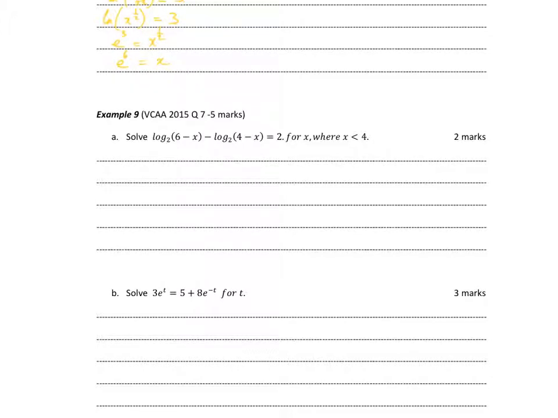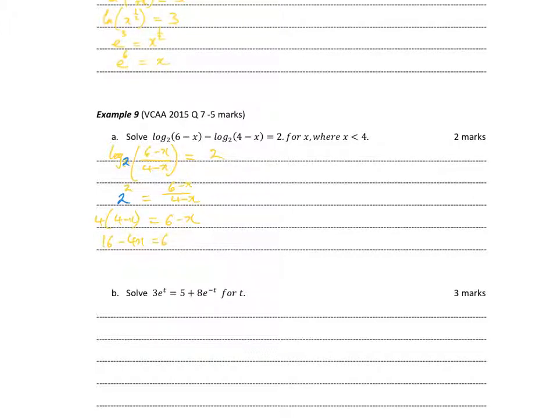Solve, same sort of thing. So let's go. Log base 2 of 6 minus x over 4 minus x is equal to 2. So the base is 2. So I get, if you like, that 2 there, which is the base, to the power of the other 2 is equal to 6 minus x over 4 minus x. Bring that 4 minus x across, so we get 4 times 4 minus x. 6 minus x,